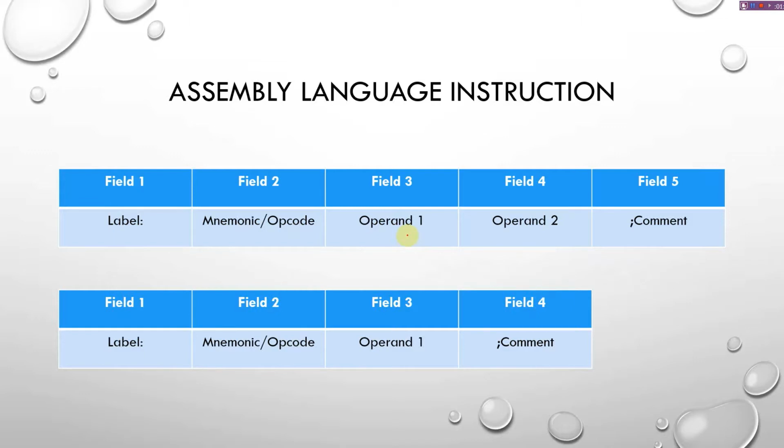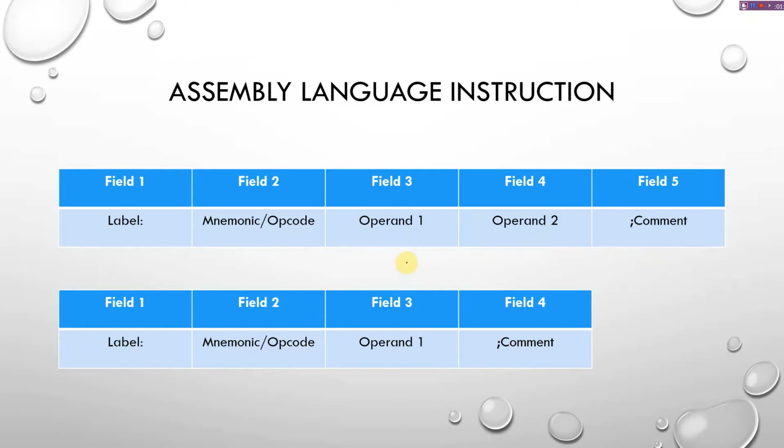Now in case the instruction is having only one operand, there is no other definition given to them. The instruction will be performing the operation on the operand 1. If there are 2 operands, then the operation is to be performed as per the instruction on the operand 1 and operand 2. For example, addition, so one of the numbers will be operand 1, one of the numbers will be operand 2. But here the point to be noted is the operand 1 will always be a destination and operand 2 will always be a source.